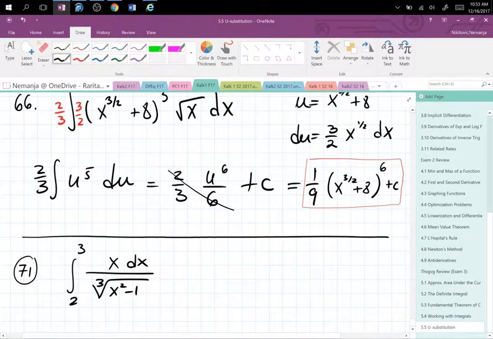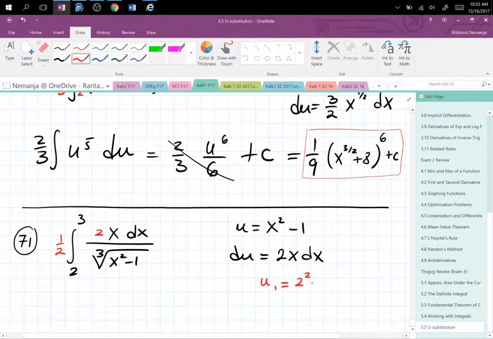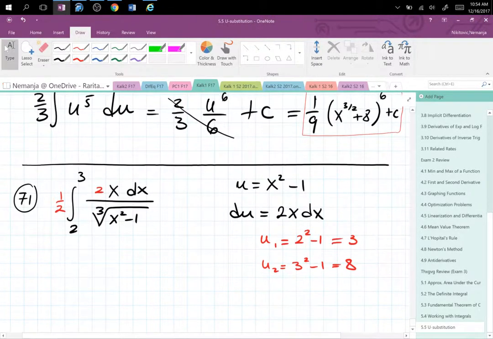Kind of get used to that as well. What's the u? x squared minus 1. What's du? 2x dx. So I need a 2, which means half in front. And I also need to change my limits of integration. So u1, we take 2 squared minus 1. You plug in the lower limit into your u substitution formula. You get 3. u2 is 3 squared minus 1. You get 8. So our new integral is 1/2 integral from 3 to 8